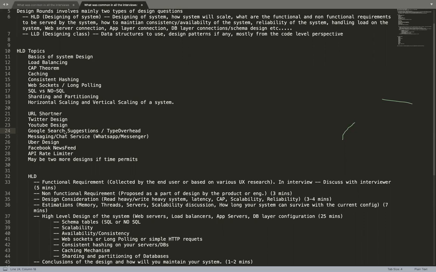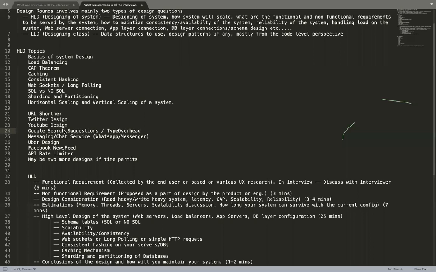Basically, how do they convert the complete earth into a plane, and then how do they distribute it into different rectangles, and how do they calculate the distance between 2 points. All of those will be discussed as a part of Uber design. How the Facebook newsfeed or Instagram newsfeed is designed, we'll talk about that.